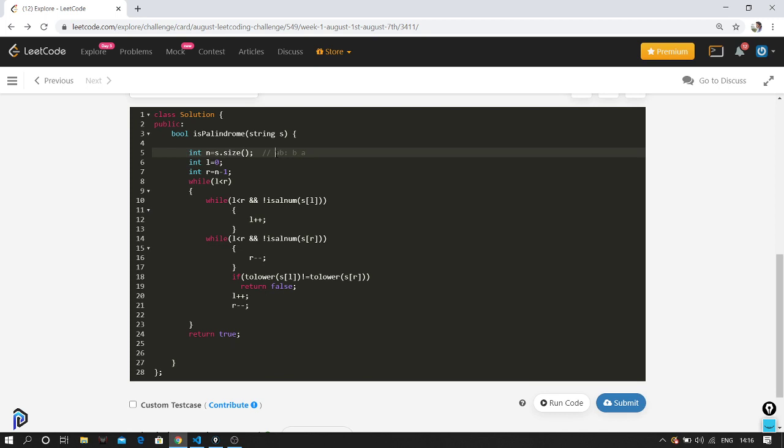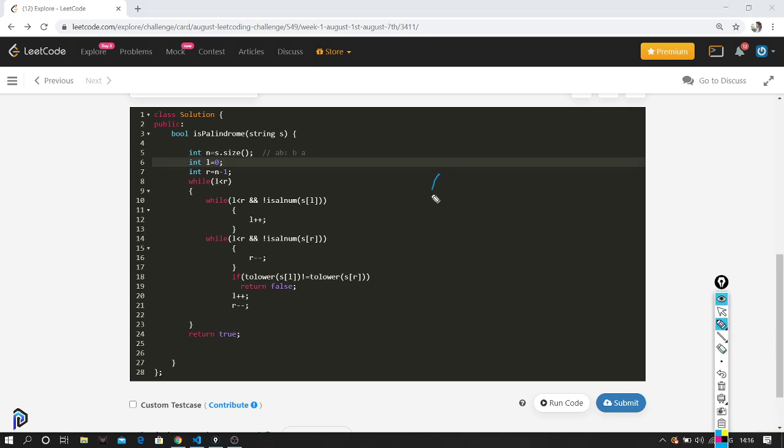This is a string that is given to us. I will just draw it and show it to you. So A, B, colon, space, B and A. This is the string that is given to us. First l would be at the first index, and r would be at the last index. I will check whether it is alphanumeric. A is alphanumeric, so it should not enter this loop itself. Similarly, the r index is also checked, so both of them are true.